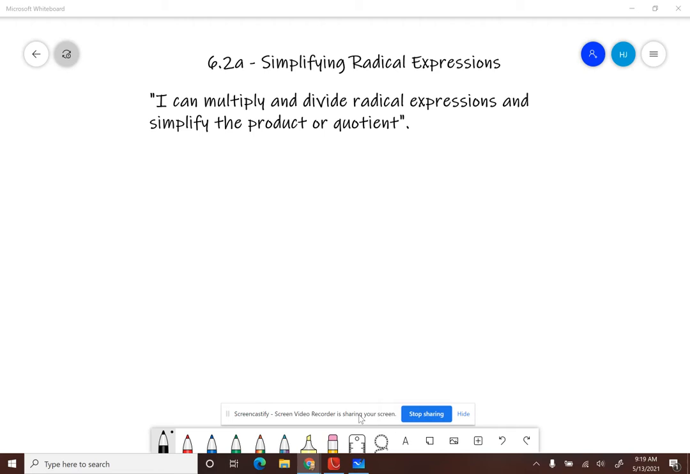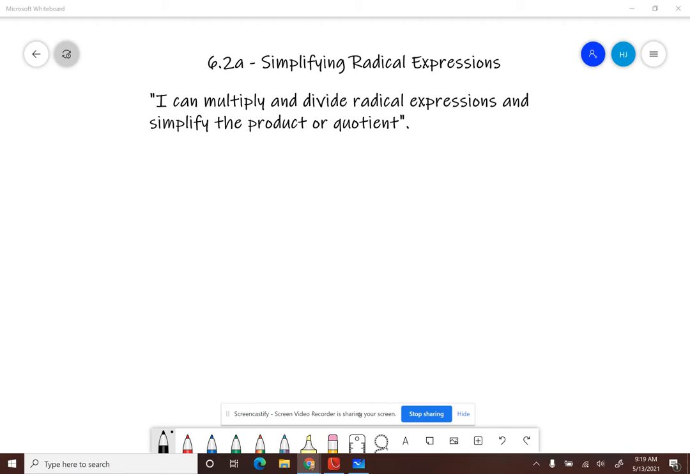So I want to work one little example here, actually a couple examples, just to get us started, and then we're going to talk about this. This is going to be a little bit of a long video just because there's a lot to cover here. But our mission is: I can multiply and divide radical expressions and simplify the product or quotient. So first, again, I want to think about the fact that radicals and exponents are in